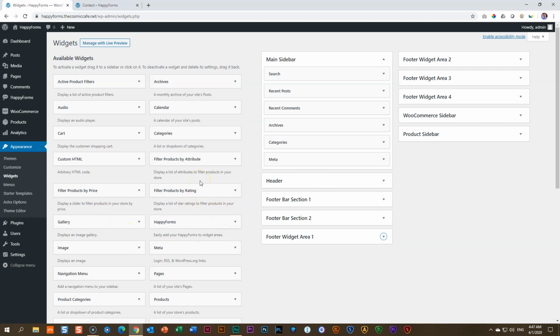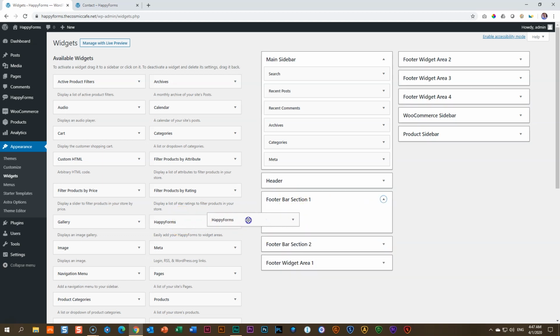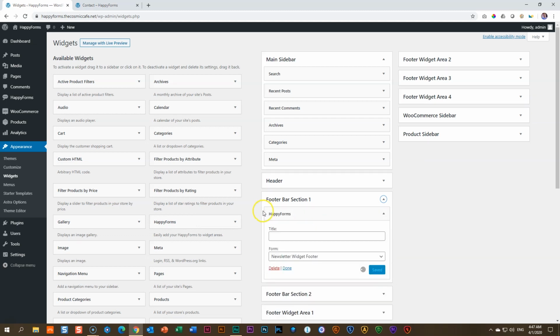So once you install HappyForms, the widget will also appear over here. So let's just add it somewhere, footer bar section 1. Click and drag it in there, and let's see what happens. You have a title. So here you're going to say, subscribe to our newsletter. And then form, you're going to select from the drop down the one, newsletter widget footer, and you click here